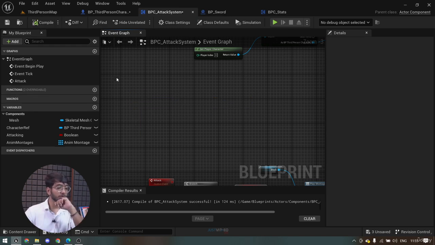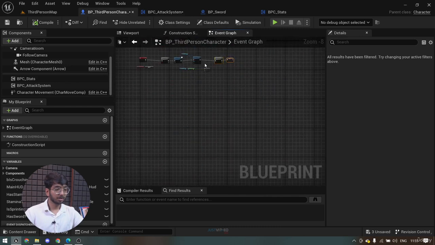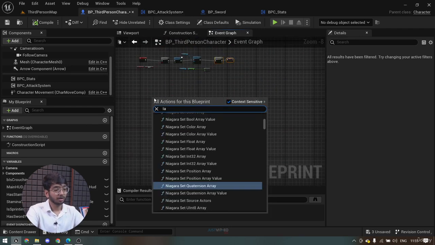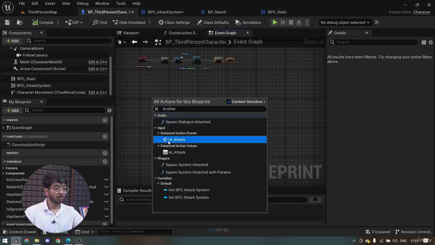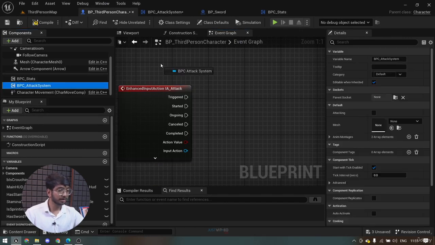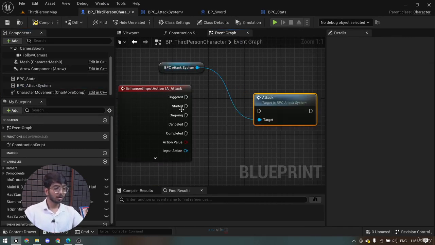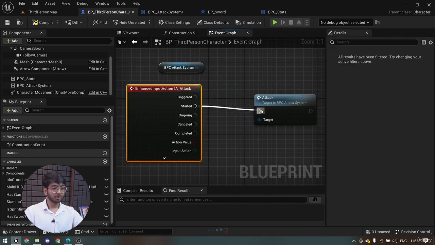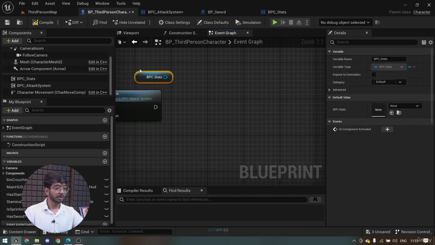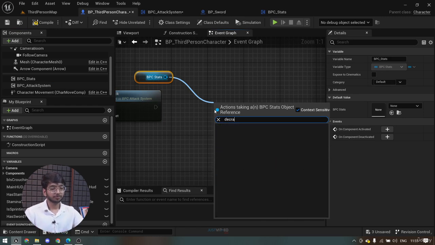So we'll delete this from here, compile, we'll go into third person, we'll make some space here, we'll call for IA attack and start it from BPC attack system. We'll call for attack, start it,